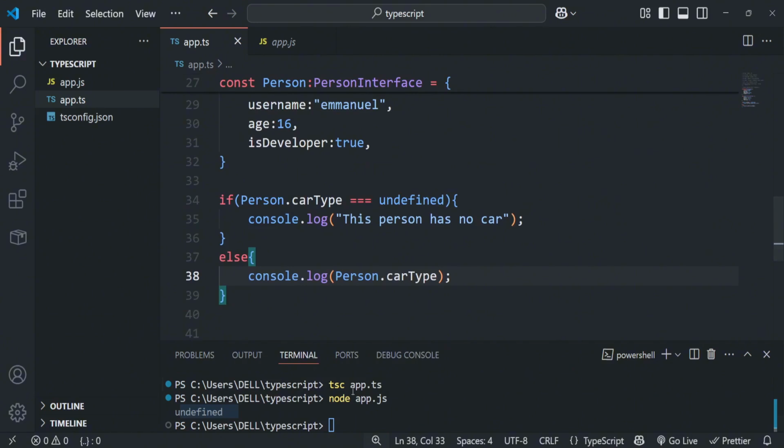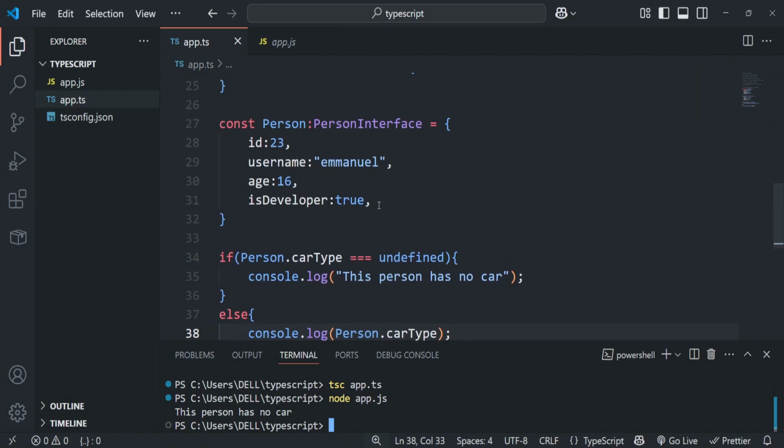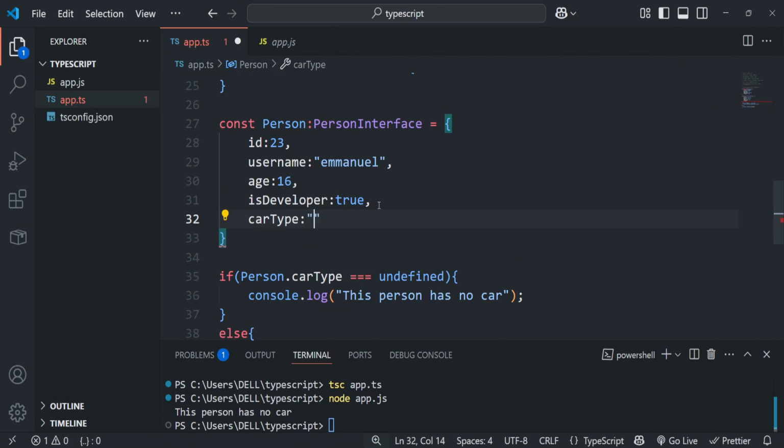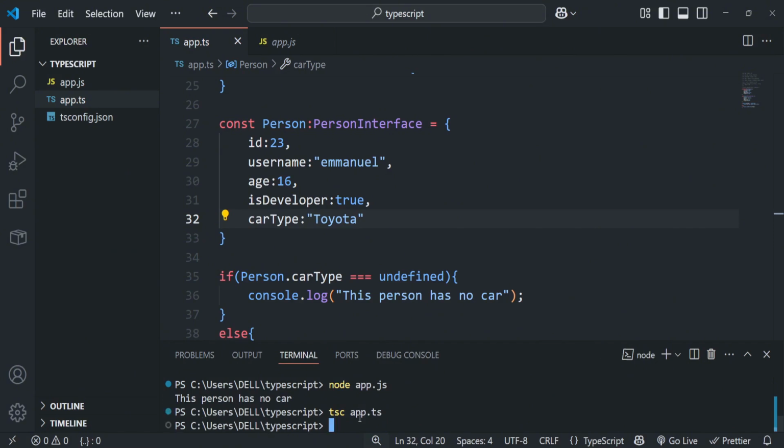I'm going to save that. tsc app.ts, then node app.js. Now, when I run that, you can see right here, this person has no car gets logged to the console. That's because this person has no carType. If I say the carType of this person now is Toyota, then I save that, then I'm going to run it again. tsc app.ts, then node